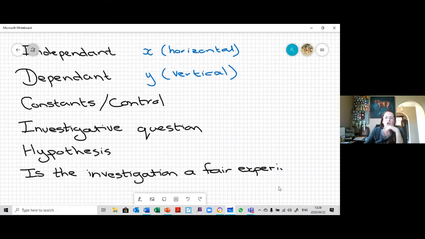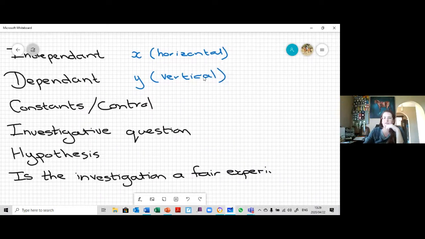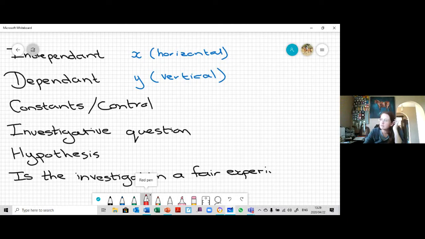Okay, so if I just get told what the learners do, what they investigate, and I don't have a graph, what I do then is I ask myself, what am I measuring? So with boiling points, say for example, the investigative question is about boiling points. Then that means that I'm measuring the boiling point of something. The thing I measure